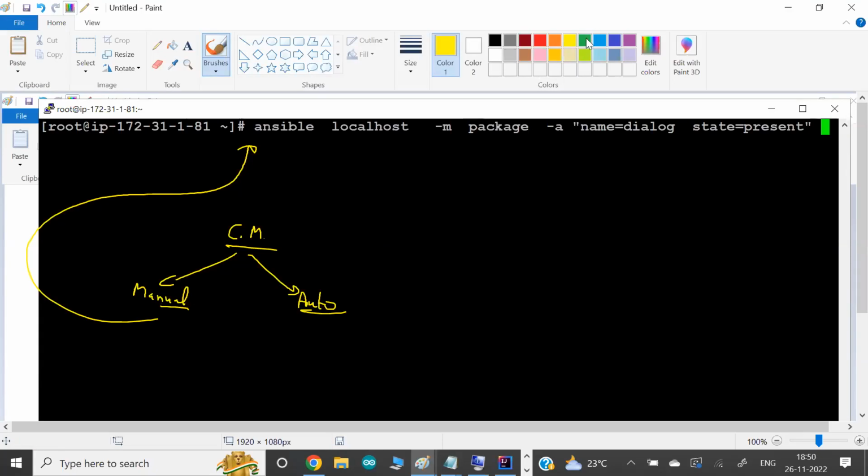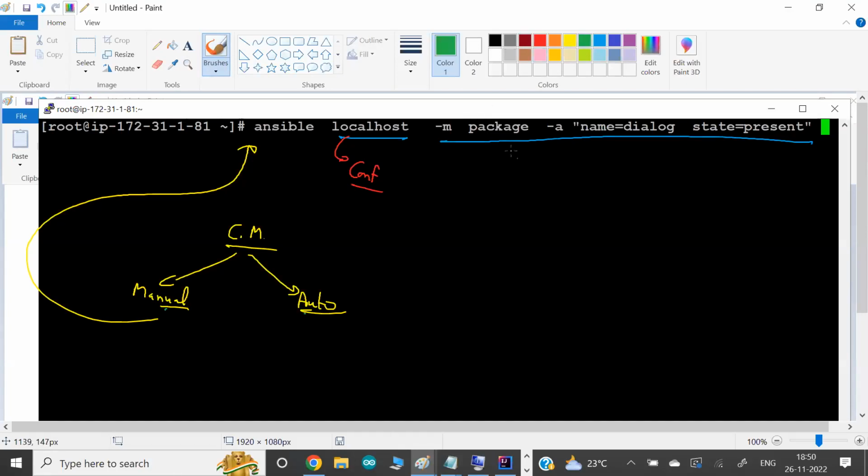Either way, manual or automation, in both cases you find the same intelligence. Second thing, in both cases this command is divided into two parts. This is one part, and this is the second part. This part means where you want to do the setup and configuration. Tell me the location, IP.